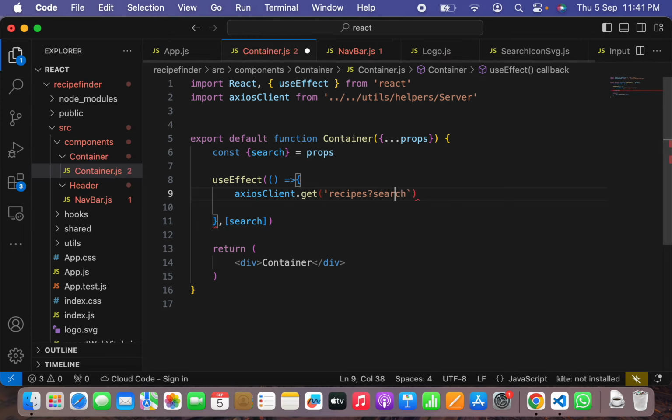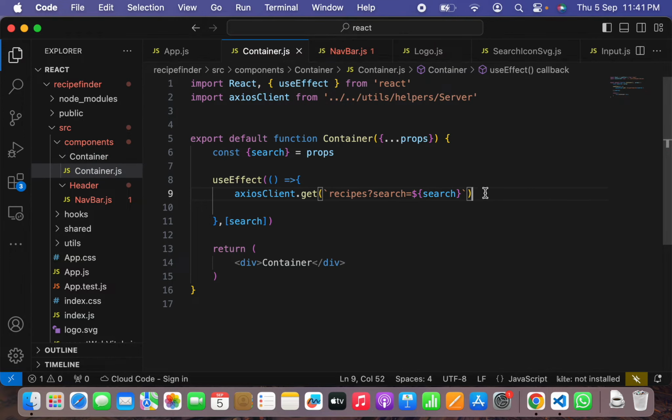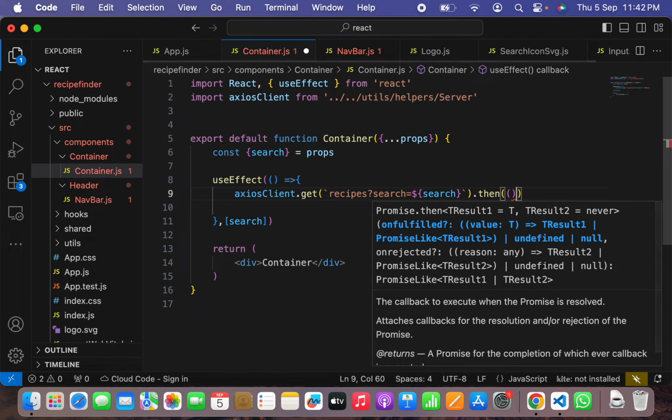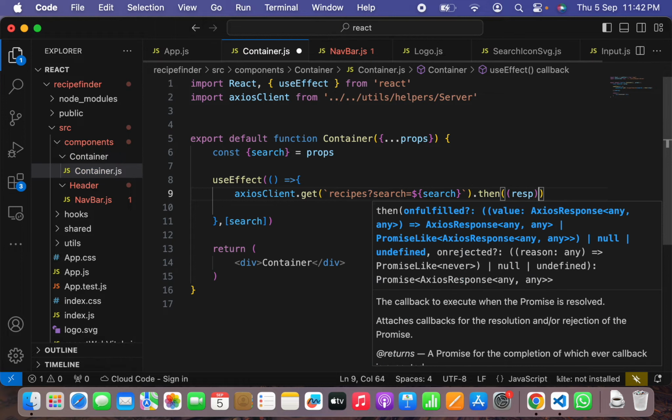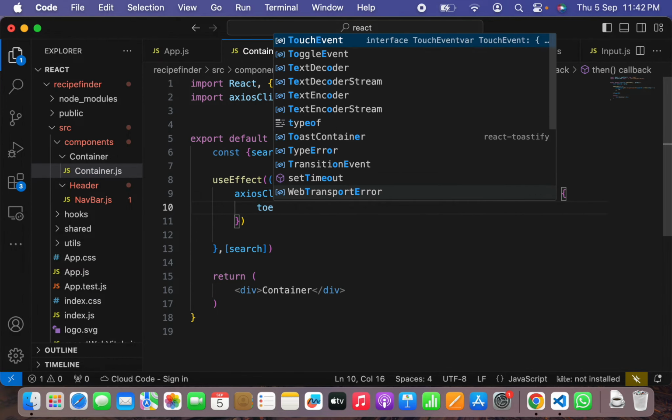It should be dynamic because I want to pass my search variable inside it, equal to a dynamic search variable. Then I will call the then function, and in the then function I will pass resp, response, as a parameter, and this callback will show me